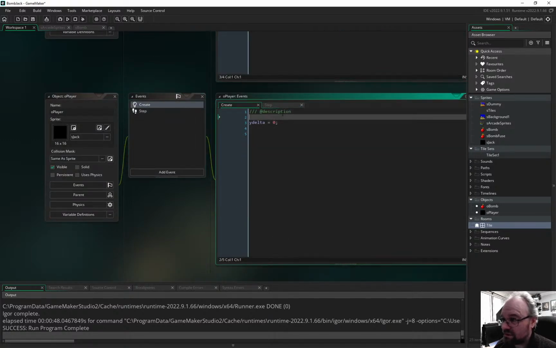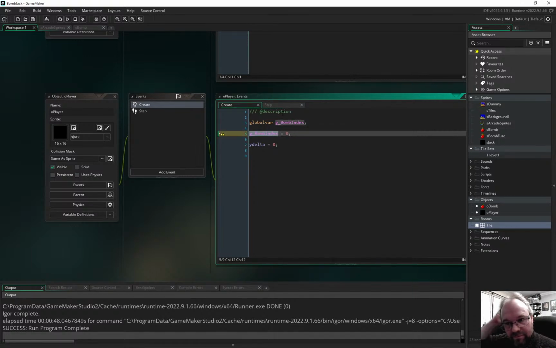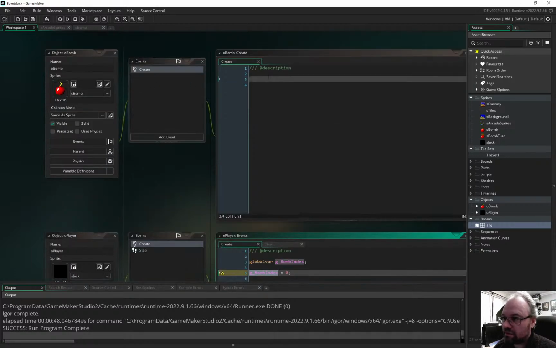I mean, we could just do it in here, couldn't we? So we'll probably shift this to a controller at some point, but for now we'll set a global variable, and then